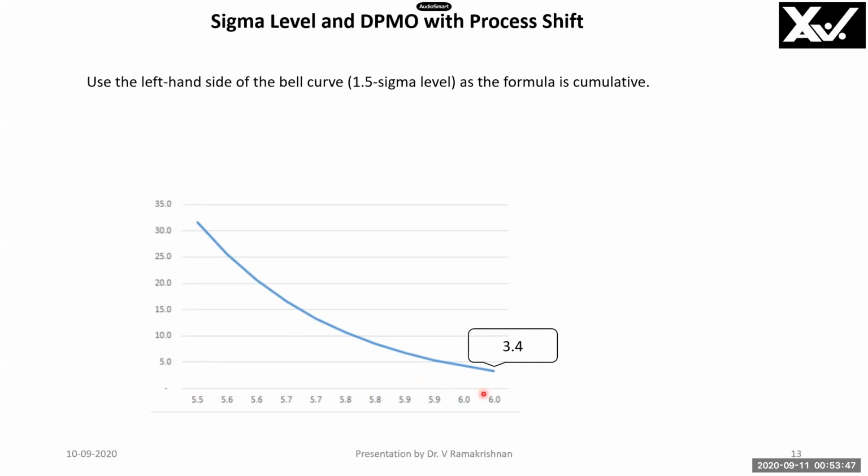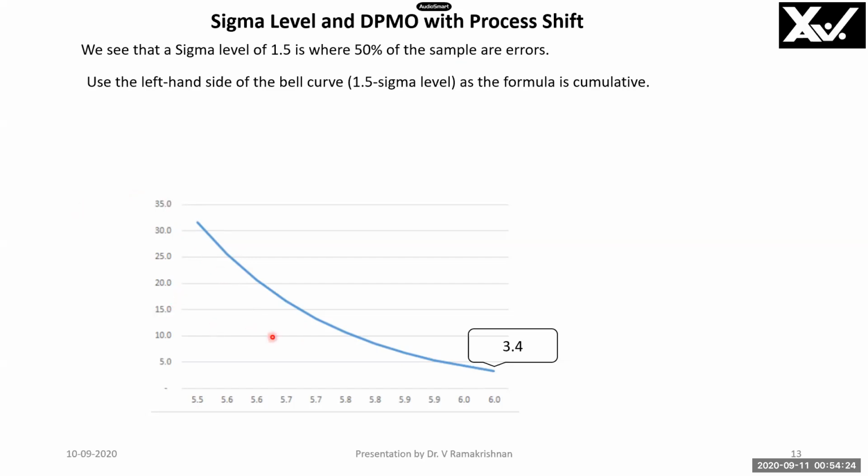And what we do is, if you go there at 6 sigma level, that is Z equal to 6, and draw a vertical line, the area to the right is 3.4. So 3.4 defects per million products, where the total area under the curve is 1 million. Okay, that is what it gives. The formula and all we will see here. We see that sigma level of 1.5 is where 50% of the sample are errors, right? Because area to the right is 50%, area to the left is 50%, because it's a symmetric curve.